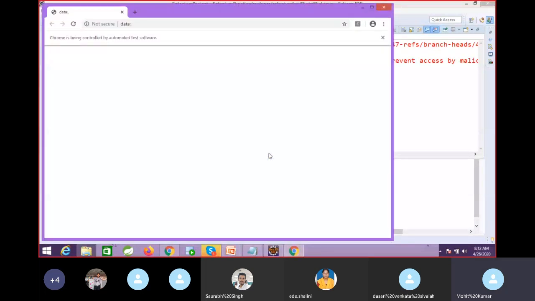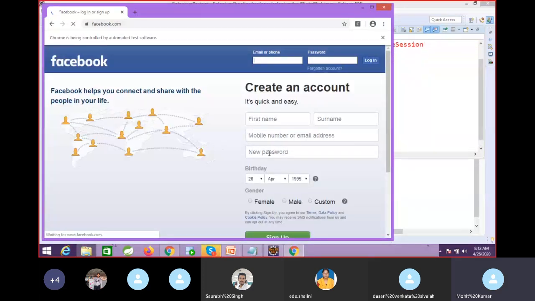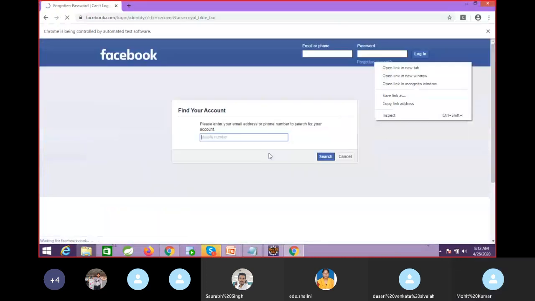So the browser is going to launch, then Facebook, then it will right click. Okay, see, there is some bug here. I want to perform this operation, but it is not performing here. Okay, so this is my operation. You can try with another link: type on Google an example of right click operation. You might get another website, so you can try over there.